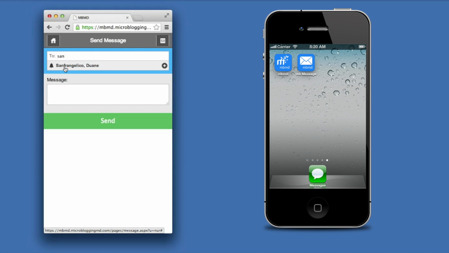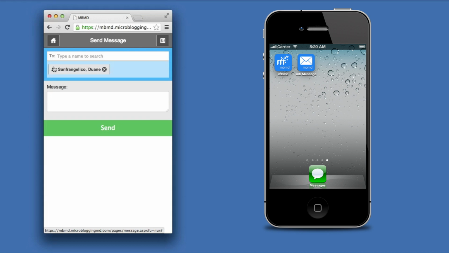Notice also on the left-hand side of this physician's name is a bell. That's an indicator to the person sending the message that this doctor is actually on duty and currently receiving text messages. I'm going to select the physician, and in the body of the message I'm going to use a keyword